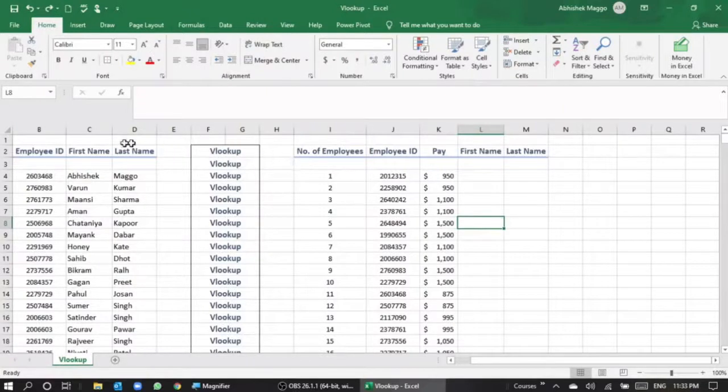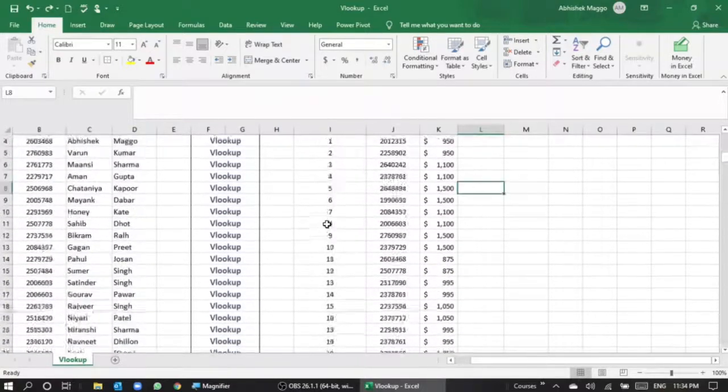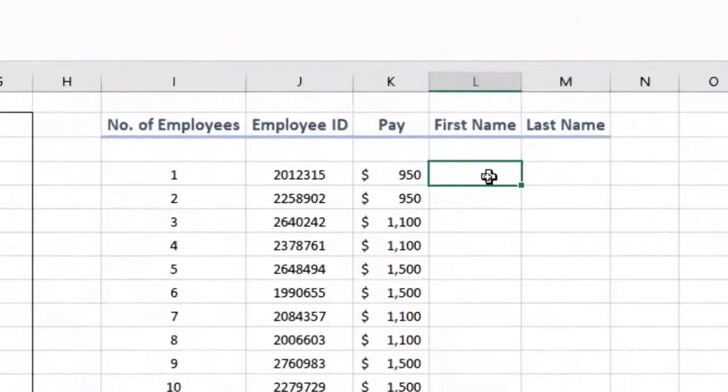So you can see I have a bunch of data here. I have employee ID, first name, last name, and on this side I have 50 employees and their employee IDs, and how much amount I have to pay them. So I want to know who is the owner of this ID. I don't want to look one by one from here. I just want to use a simple function called VLOOKUP to make it simple for me. So simply I will write equal to